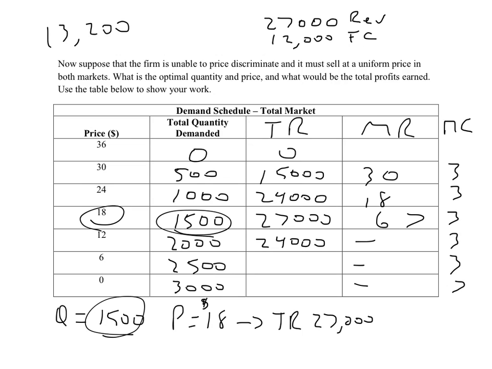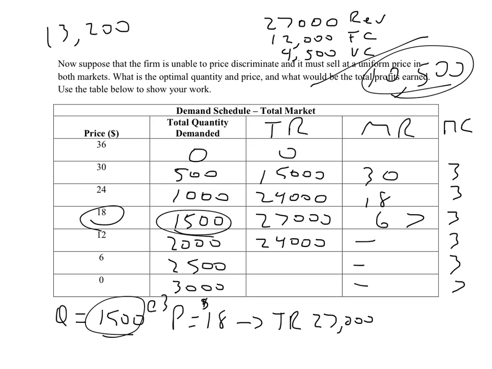So 1,500 units at $3, that's 4,500. 4,500 in variable costs. So revenue minus costs. Let me just check this real quick. 27 minus... profit is